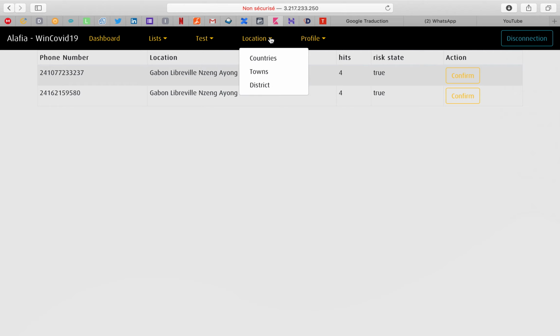Let's talk now about location. So it's here that the manager of the back office can create his country, his cities, his districts, and even his cells as required by the decentralization policy of his country. And the last part